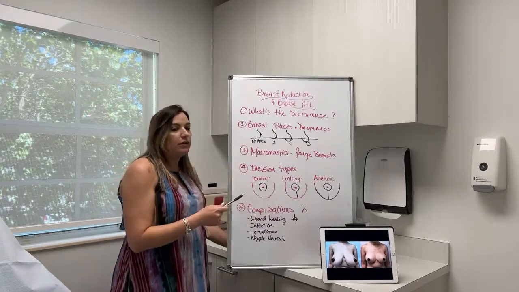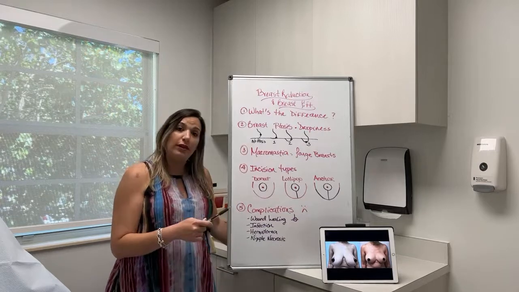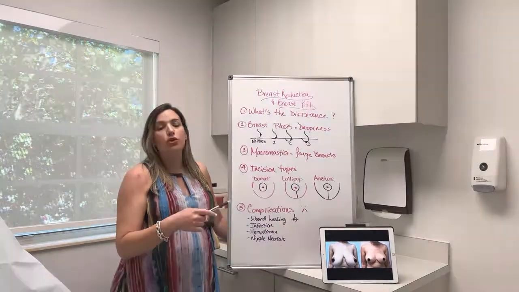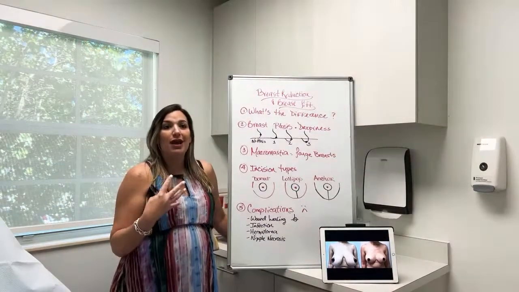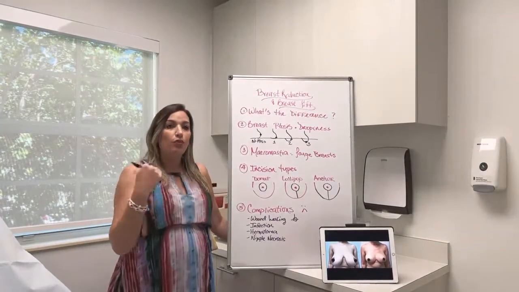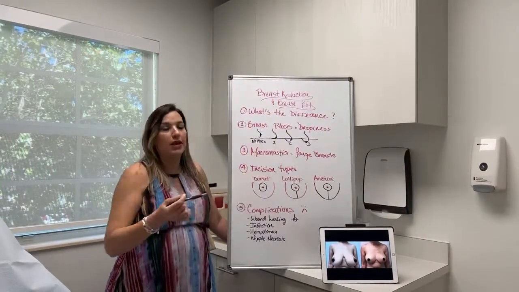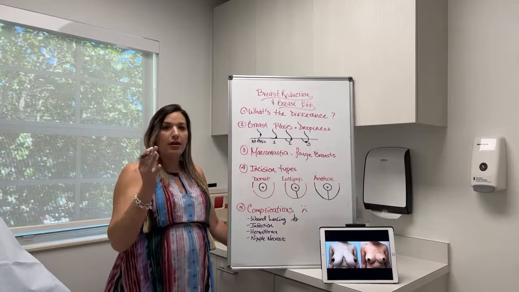Usually when I do a donut lift, I combine it with a breast implant. This way you change the shape of the breast because you're adding volume and rounding the breast. And with the donut lift with a grade 1 ptosis, that combination of a periareolar and an implant usually gives